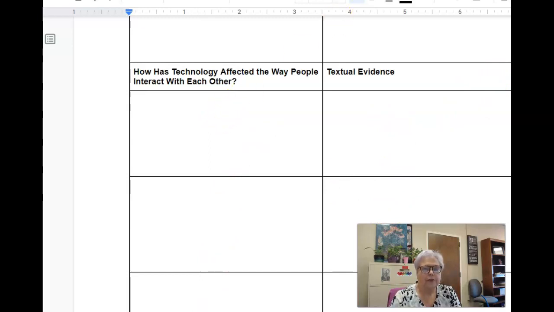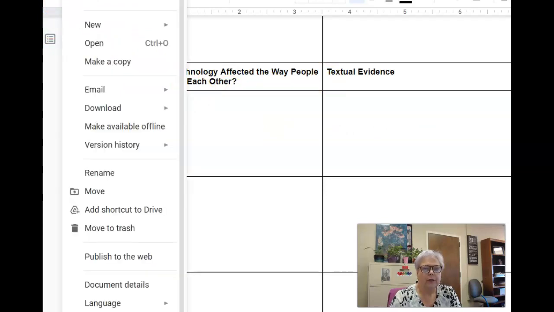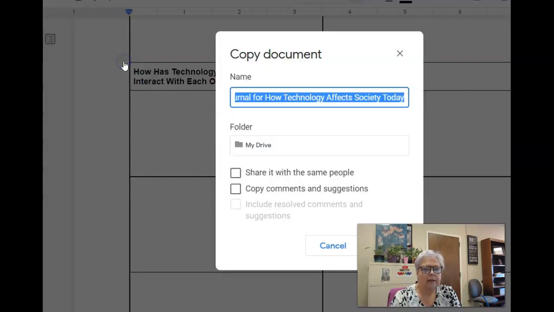When you bring up this sheet, you won't be able to type on this document, but go over to File and look down to the 3rd topic down, make a copy, and that will bring it up here, and then you'll be able to type on your copy. You can leave it with the title that it gives it here. You can give it another title, just so you'll be able to find it when you get ready to post it.